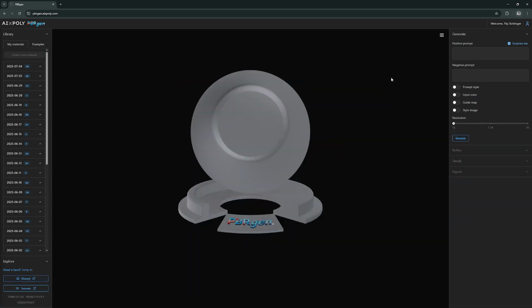To get started, I'll create some materials, and that way I can show you all the inputs of the tool and how it works. To generate a material, you have quite a few inputs that you can use, and I'll start with the prompt, which you can use to type what you want. So for example, if I would say blue and white marble, and I would hit the generate button,